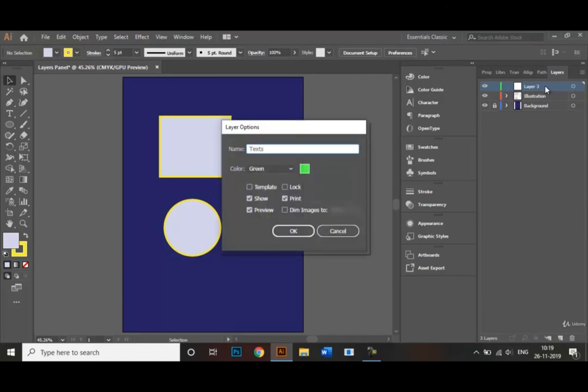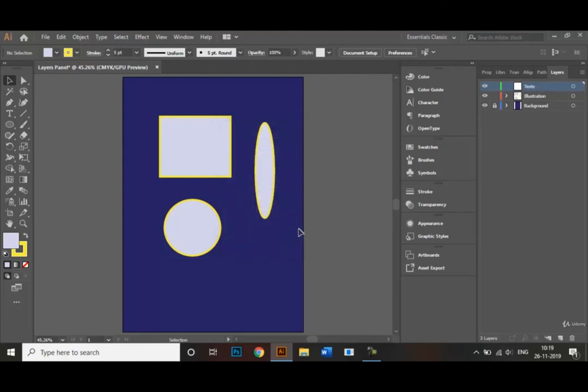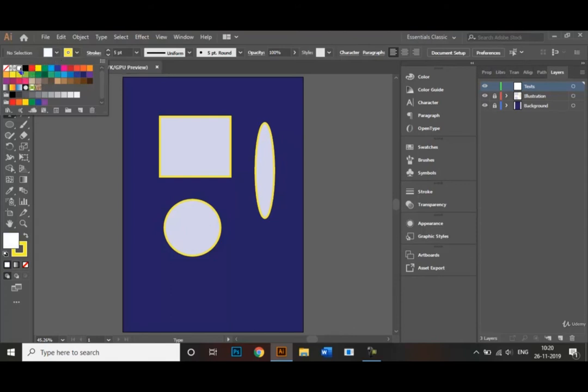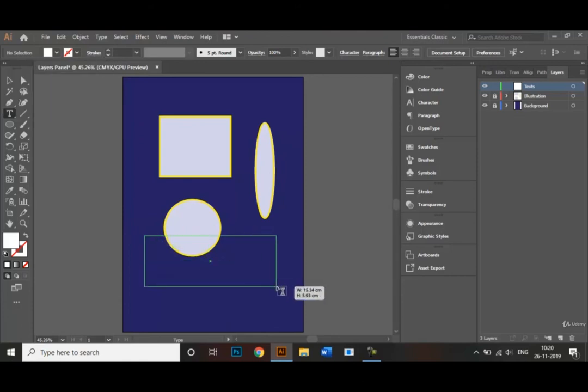texts and click OK. So let's lock our illustration panel as well, so that our illustrations do not get hampered with at all, right? So we go to the text right here, and I want my text color to be white, and I don't want any stroke to be there, right? So let's add our text over here, and let's write, hello, my